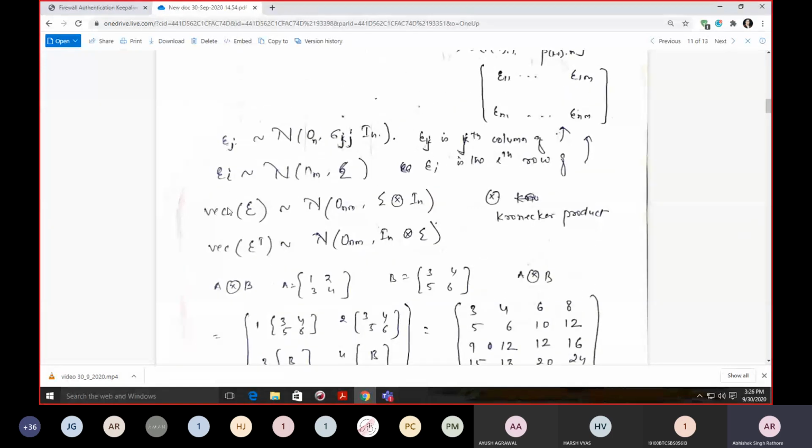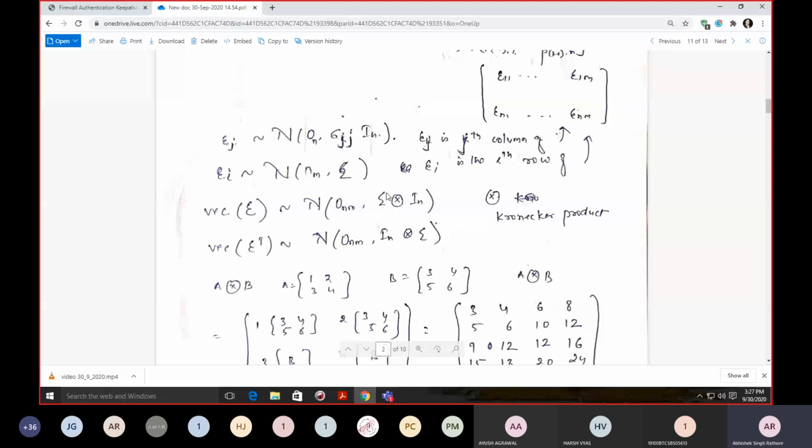Again we are considering the covariance matrix. So let's say this is my epsilon matrix, and I am considering only a single vector over here. Either this vector or this vector, we saw in the last class that we are considering only a single vector. So this epsilon follows a normal distribution with mean equal to 0, and the variance is